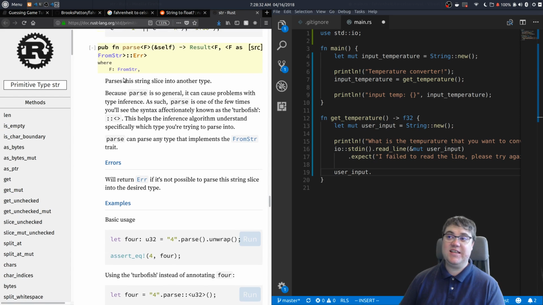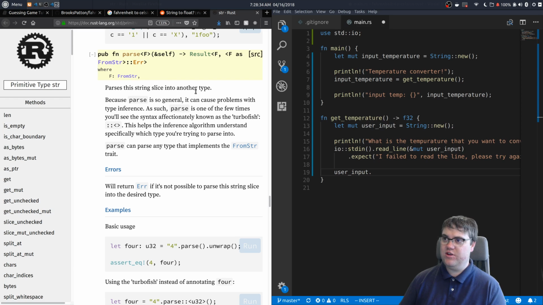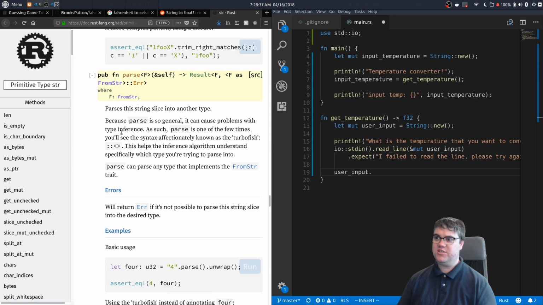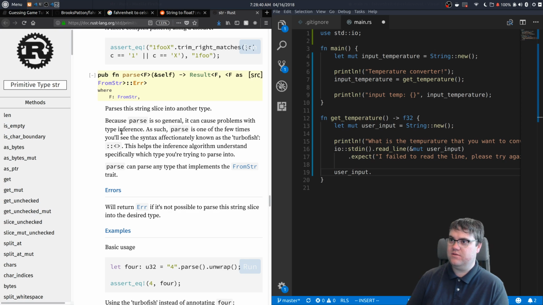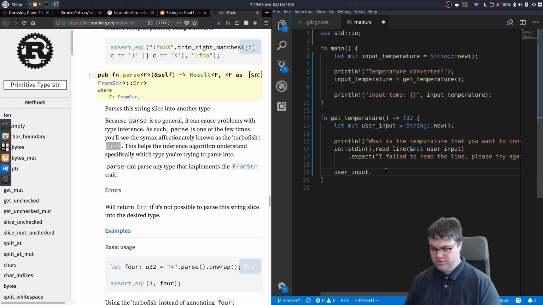All right, parses this string slice into another type. Because parse is so general, oh, so parse can do it. Because parse is so general, it can cause problems with type inference. As such, parse is one of the few times you'll see syntax affectionately known as the turbofish. This helps the inference algorithm understand specifically which type you're trying to parse into. Parse can parse any type that implements the FromStr trait. So if I just do parse like that,